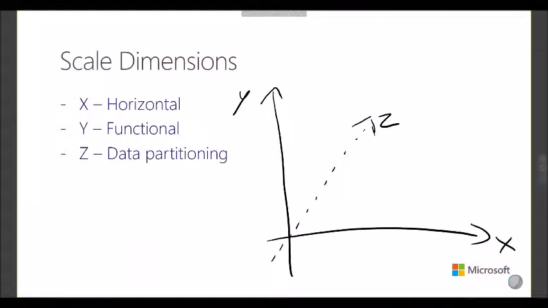And most of the time we're talking about 3 different scale dimensions. We have the possibility to scale horizontally, which means we can just add more machines. We have the functional scale dimension, the y-axis in this case, which means we can increase the machine size. Basically what we do is we increase the size of the project and the functionality, and the requirements of RAM and CPU, and what we do usually is we increase the size of the machines to